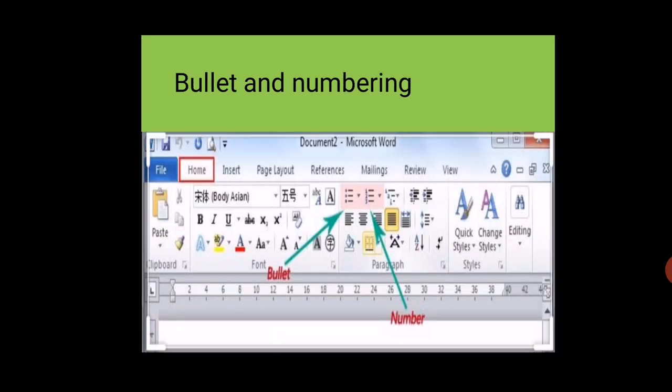Our next topic is bullets and numbering. Bullets and numbering are required for list elements, if you want them in a particular format. Just go to the home tab, go to the paragraph group, and select any kind of bullet and number. In the numbering option, there is 1, 2, 3 by default, otherwise you can choose capital A, small a, or Roman numbers also. In the bullet option, you can select any kind of bullet. If you don't want any bullet or number, then choose none. Your data will be shown in points.